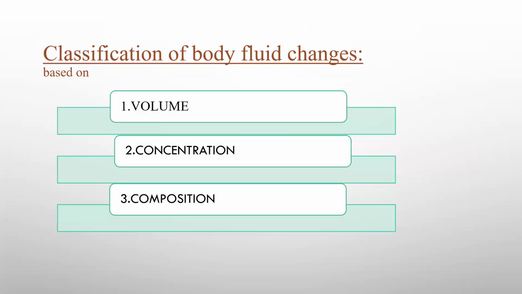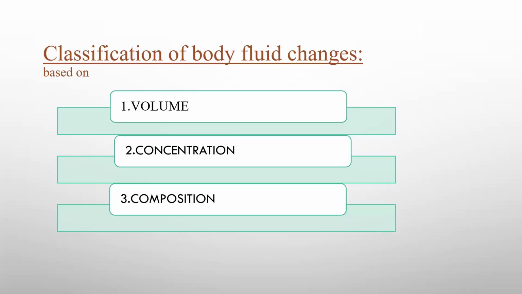So the fluid and electrolyte disorders can be classified based on the volume, concentration, and composition. The volume changes refer to the alterations in the effective circulating volume, which is mainly within the extracellular compartment. So it can be hypovolemia or hypervolemia. And this is the most critical category because it directly affects the tissue perfusion and the organ function